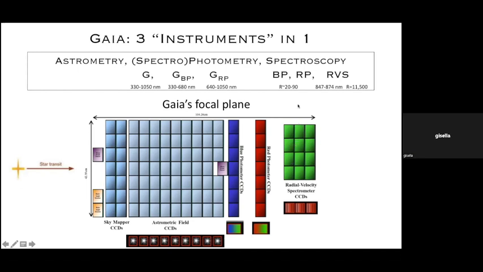You have the spectra, covering a small range of about 300 angstroms, where basically there are the lines of the calcium triplet. And since the BP and RP photometers are prisms, you collect low resolution spectra there. So you also have the BP and RP spectra, and all this comes in time series mode, of course.